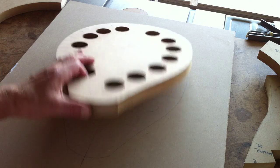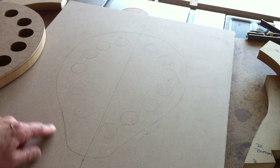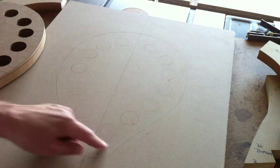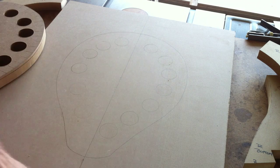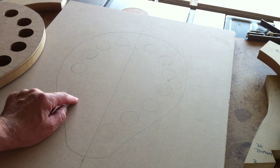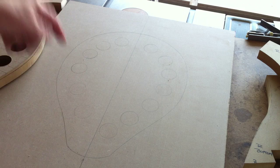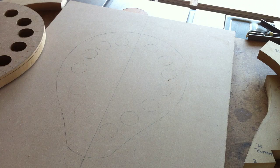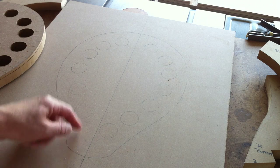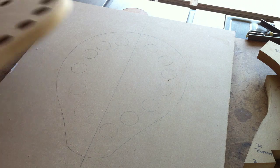What I've done is I've traced the outline. Probably not coming out too good on the video, but I traced the outline of the template, including the holes. And what I'm going to do is drill some holes for screws through this side. That way I can avoid the clamp holes. And then once I get them through, I'll flip it over, countersink them, and then I can go ahead and